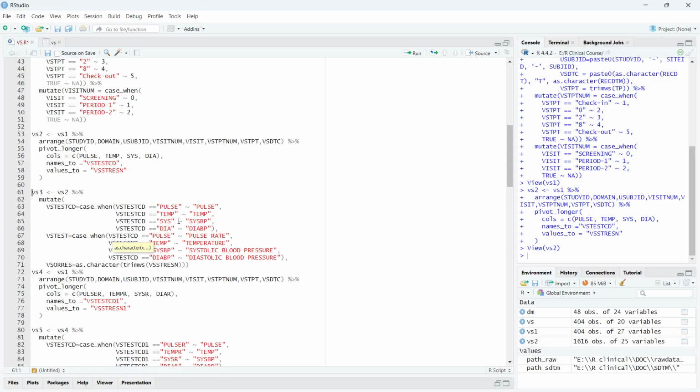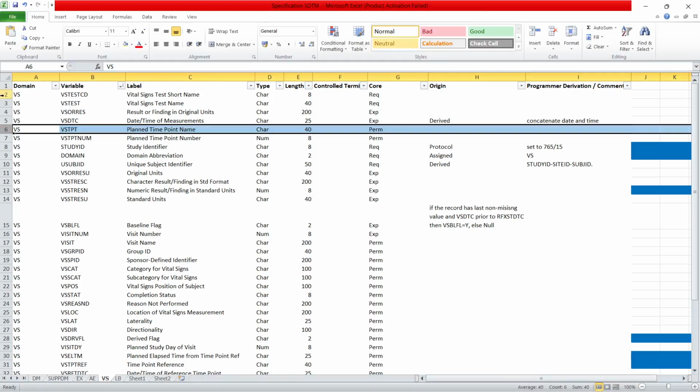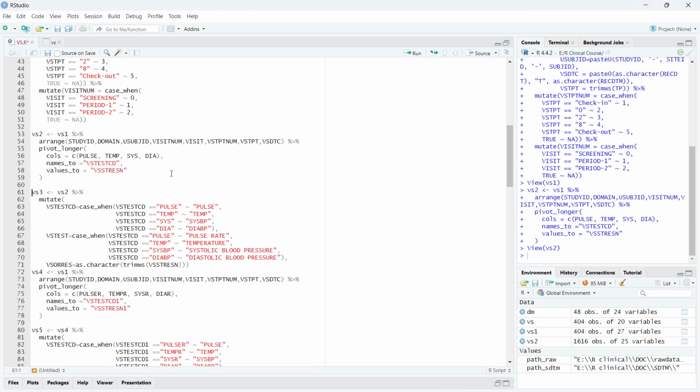Then once we have done that part, we have to assign the name of the pulse, like instead of abbreviation we keep it as sysbp. If you check in the specification here, VS test CD doesn't have that one. We have no controlled terminology, even the controlled terminology doesn't say, there is no information there. Anyway, so pulse becomes pulse, and the temperature we are just assigning for the VS test CD, and for the VS test observation part of vital signs test. So pulse means pulse rate, temp means temperature, sysbp means systolic blood pressure, dia bp means